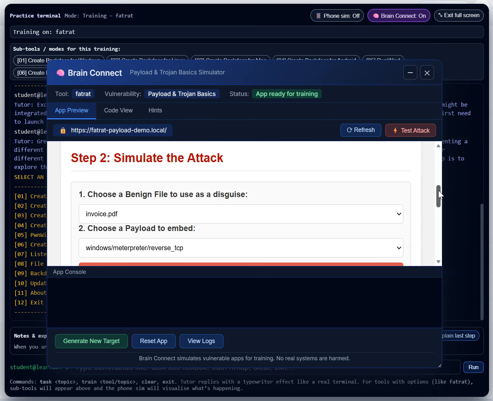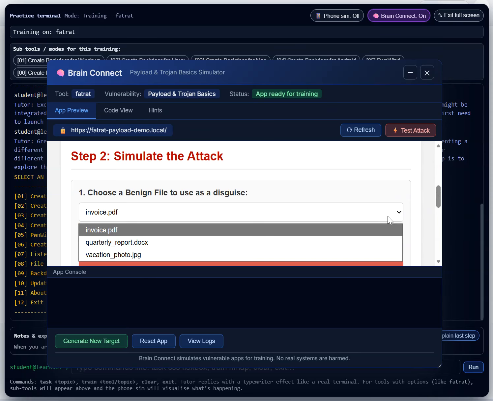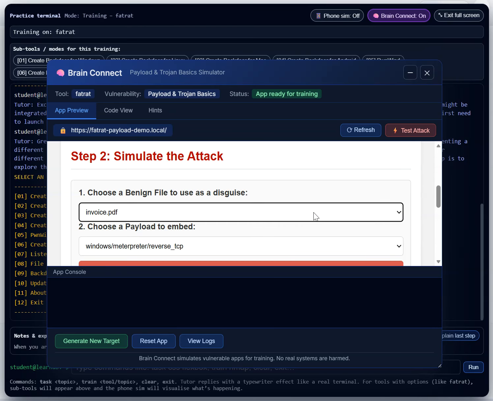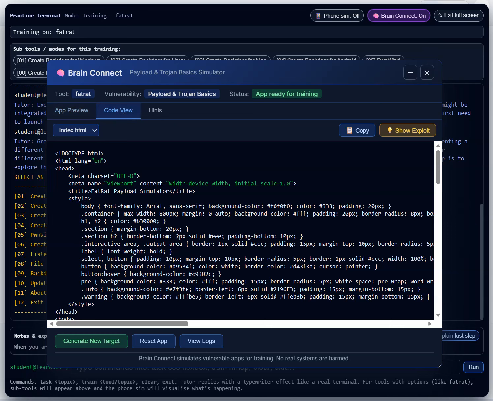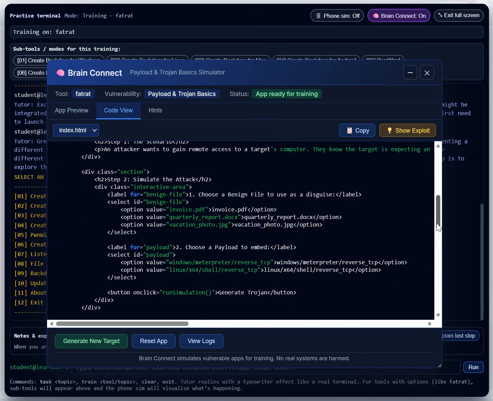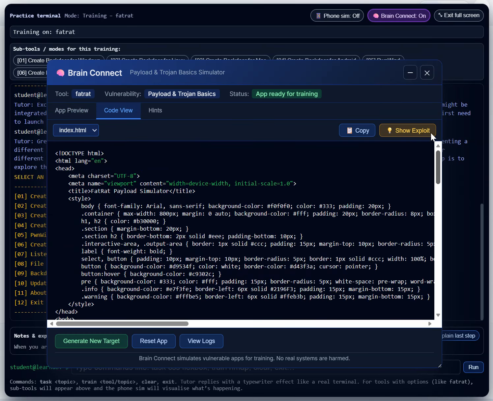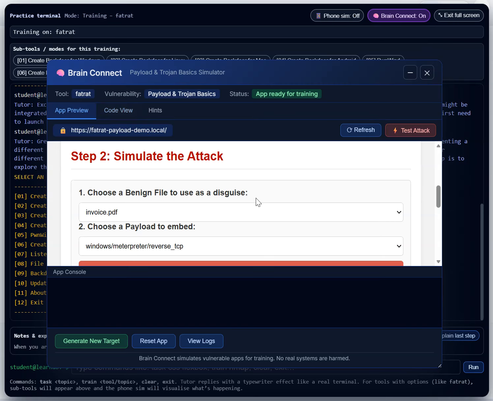Step two, simulate the attack, right? Like I said to you, it's a functional website. You can view the code here. This is the code for the website that was just generated for us. This is the HTML code and all. This goes beyond the way you would normally learn